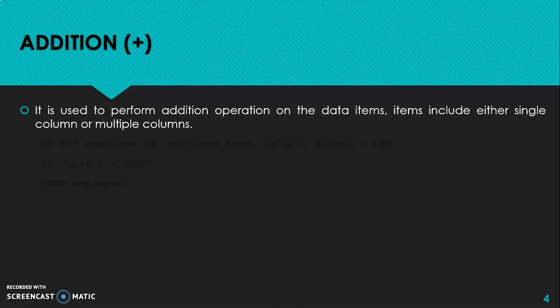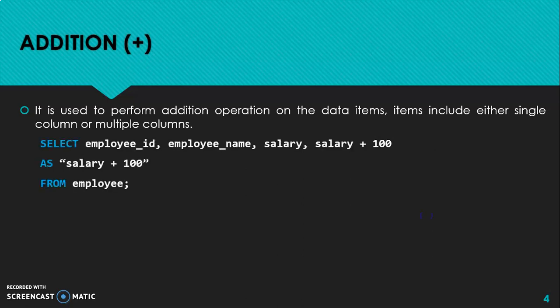When you have multiple columns you can use data from both the columns, but if you have a single column you can either add the same column or add any integer value. For example, we are using the employee table here: